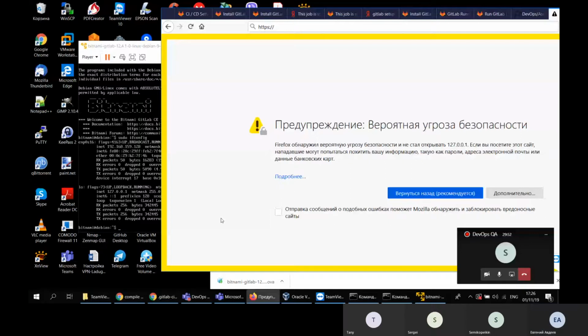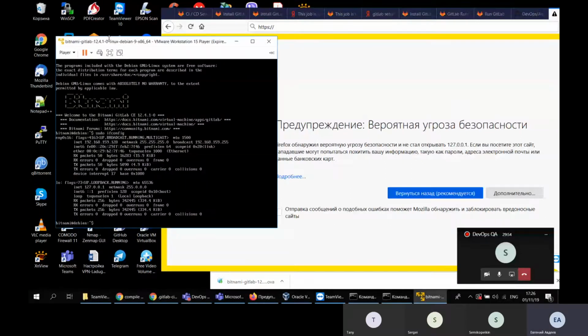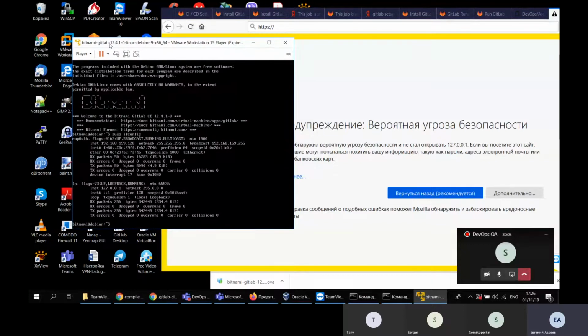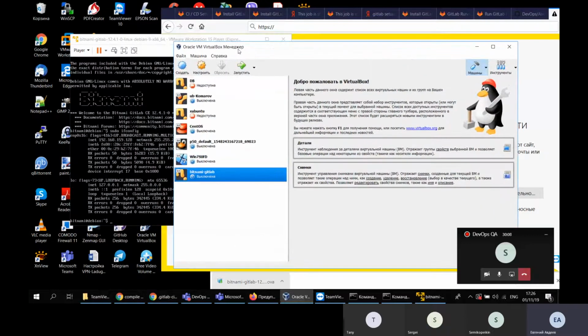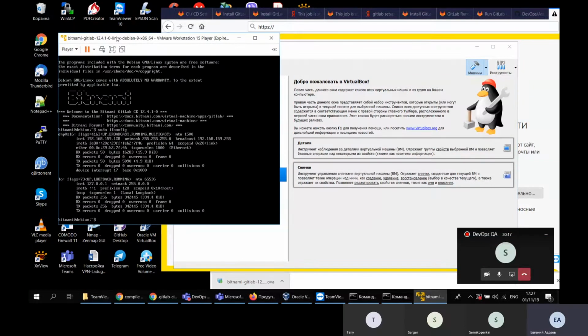So I hope you will be luckier during this assignment. But it looks like I have to try to run it on VMware Workstation, not Player, because I think Player doesn't allow me to use my virtual machine from the outside. It gets an IP address, but it doesn't have